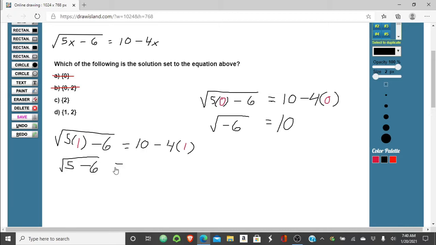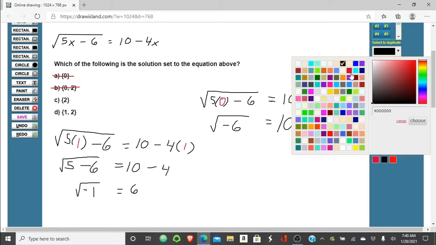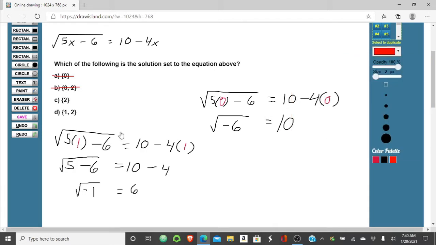Does that equal, now we have 10 minus 4. 5 minus 6 is negative 1, so we're ending up with the same type of situation where we have an imaginary number. Does that equal 10 minus 4, which is 6? No, it doesn't. So we know that 1 does not work. So we're going to cross off that,